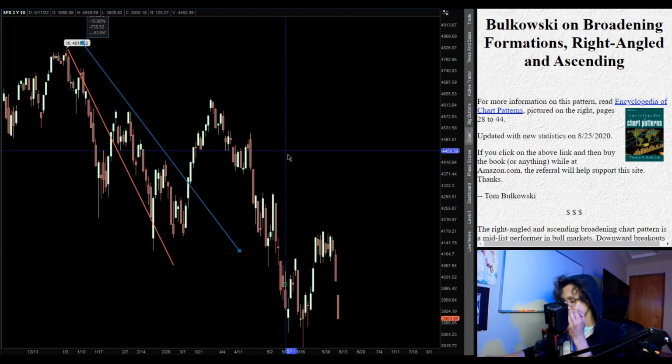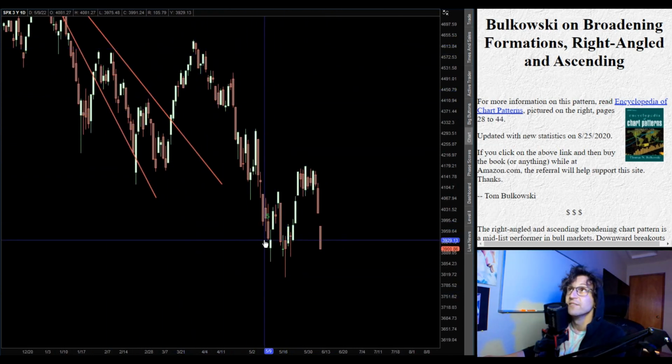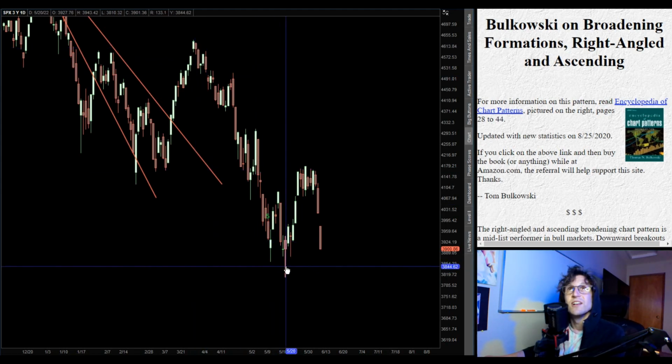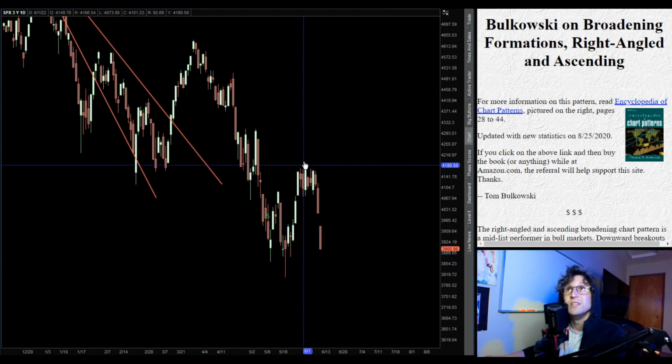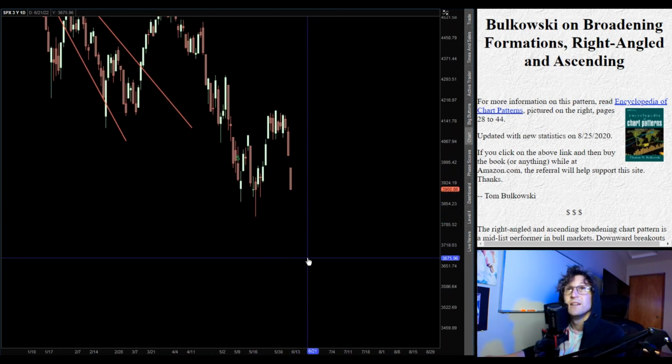So 1, 2, 3, 1, 2, 3, 4, 5. And if that's true, if this is 1, 2, and we're on 3, okay, so let's just assume 3 extends. 1, there's the first one, and then we're going to subdivide 3 into 2, and now we're going to be on the 3, the third subwave of the third motive wave down. If it's not a reversal. If it doesn't reverse, it's going to go down, way down, like, wow, so far down.